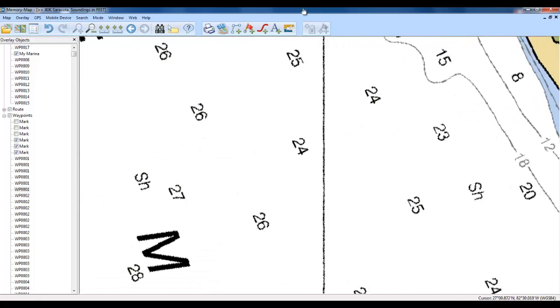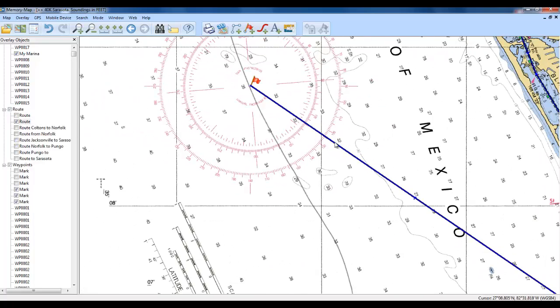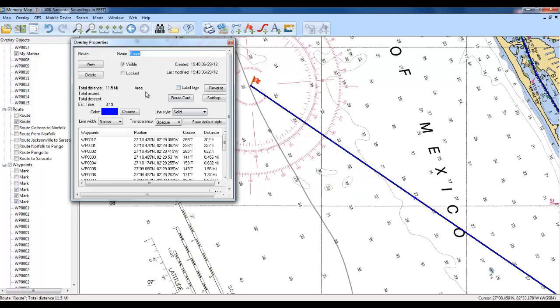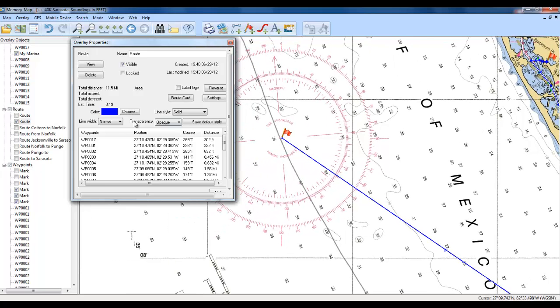Now there's another thing about routes which is really kind of cool. Let's click on the route. Let's get some information. And we'll notice that from my marina going down here and then coming back out into the Gulf, it's 11.5 miles. And I'm not sure what speed we're traveling at here, probably about 10 knots. But it's going to be about 3 hours, 19 minutes. Well, that's probably traveling at about 3 knots, 4 knots. So anyhow,